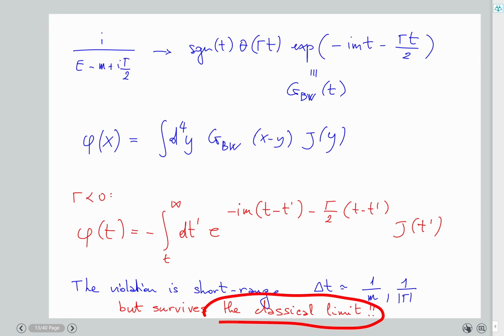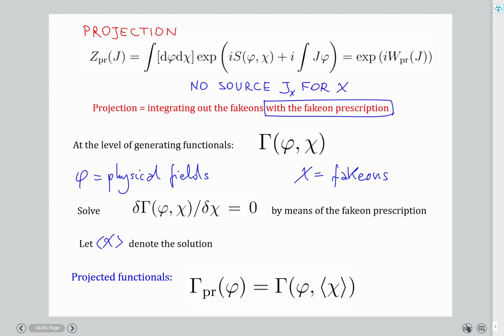The violation of microcausality and many other things, even in the classical limit, could be studied, and that would allow us to maybe go beyond the perturbative expansion. Basically, a field that is not a state, a particle that is not in the asymptotic states, in the functional integral doesn't have a source. There is no source for the phaton. Or if you go to the gamma functional, that source equals 0 means that you are solving the equation